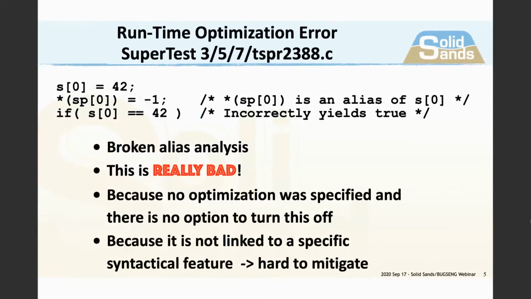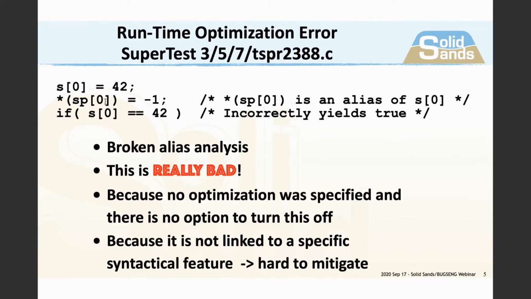So here are a couple of errors. These are not errors in GCC, by the way. These are some of the errors that we run into in our career as compiler testers. So here we see a small piece of program where we assign 42 to an entry in an array, and